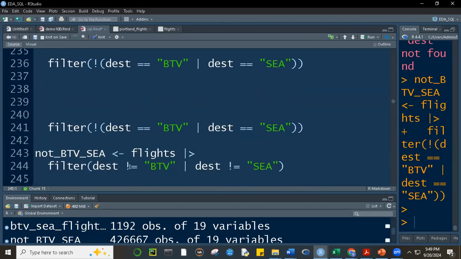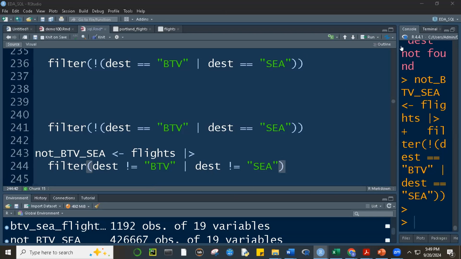Destination is not not BTV. Destination is not shuttle. If we run that, what will happen? You'll have all the flights, okay? And we'll discuss this next meeting. So there's something wrong with this code, okay? So this ends our discussion for today, class. I hope you